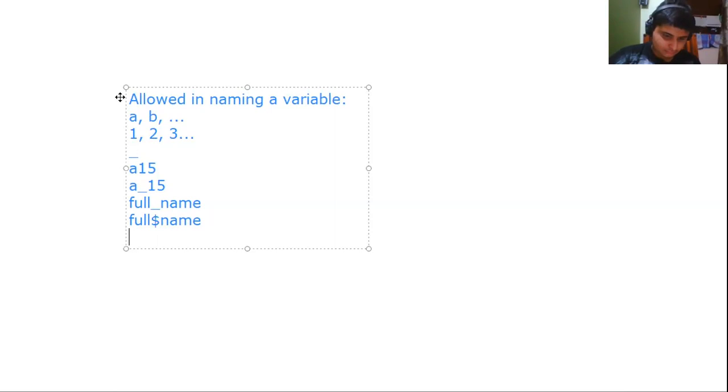Similarly, I can't write like this, because space will not be allowed. Blank space, or we call white space, is not allowed. So you can't give a space. You can't use any other character. You will have to use alphabets and digits. And you can't begin with a digit. I cannot write 15A. This will be wrong. But I can write A15. This will be correct.